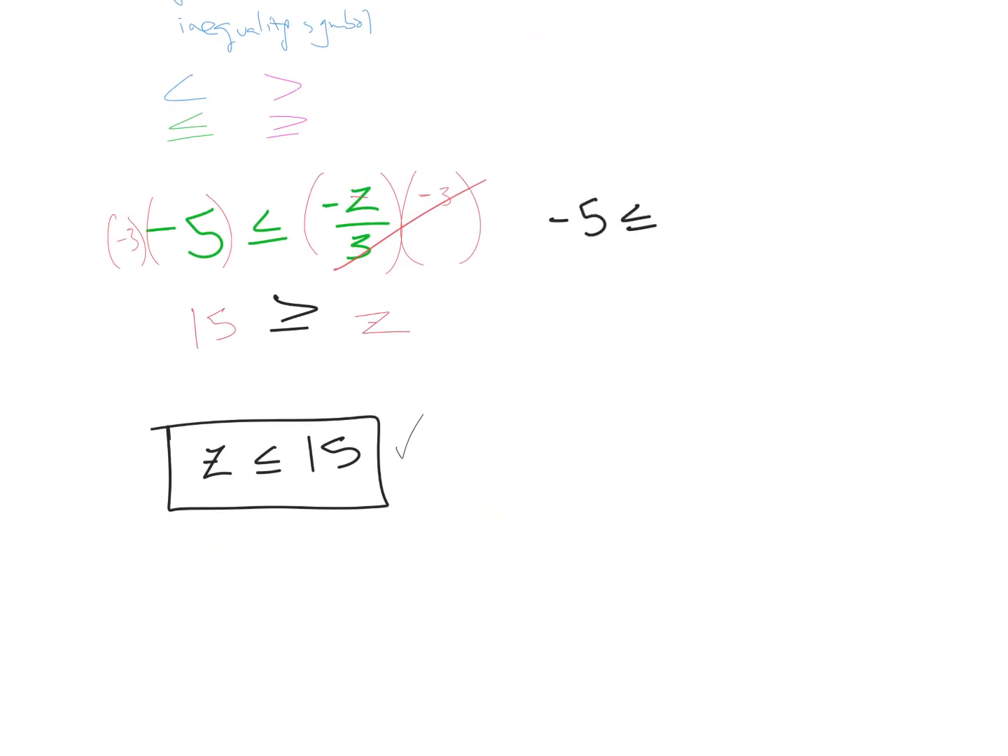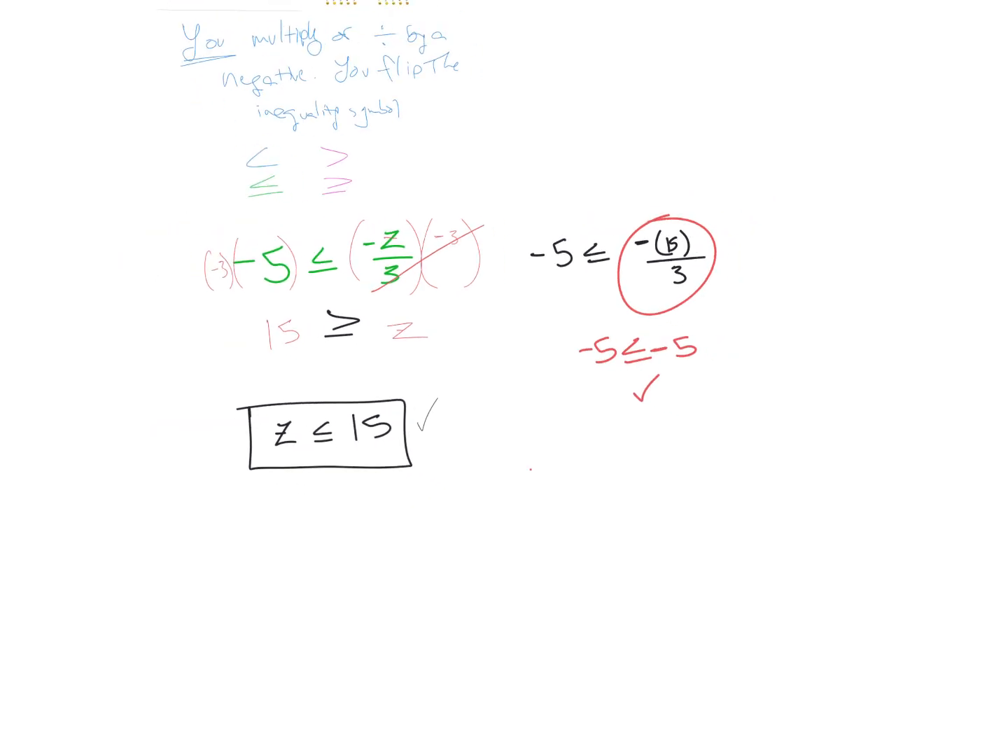-5 less than or equal to. Okay, so let's plug in 15 over 3. And then again, we can just kind of simplify this. It's -5. Okay, check this out. Is -5 less than or equal to -5? It sure is. Okay, so in the graphing of this, we had 0, we had